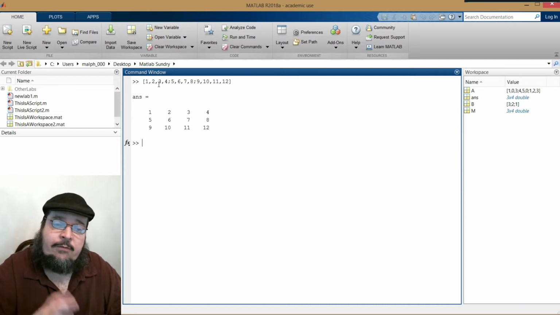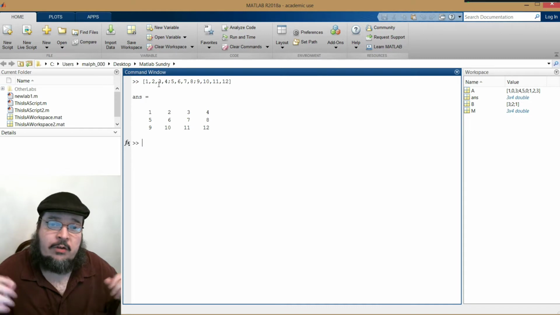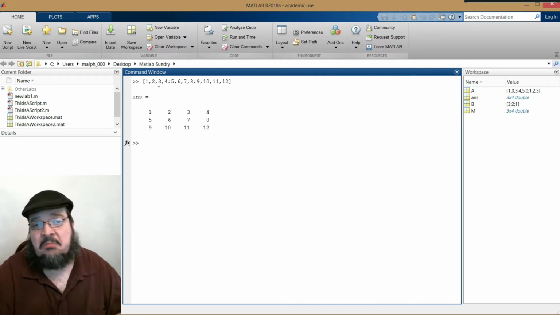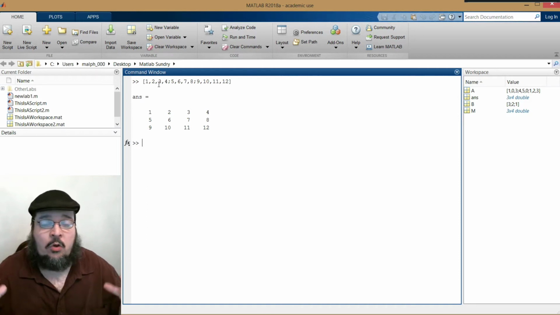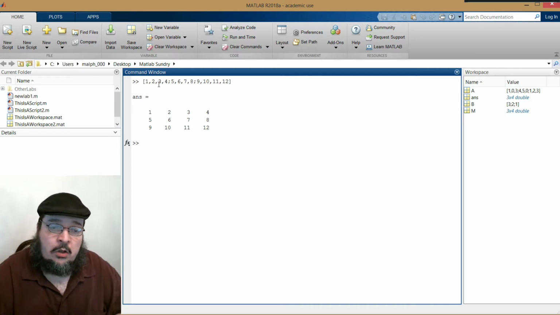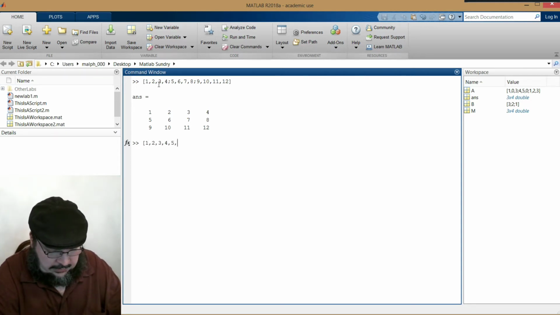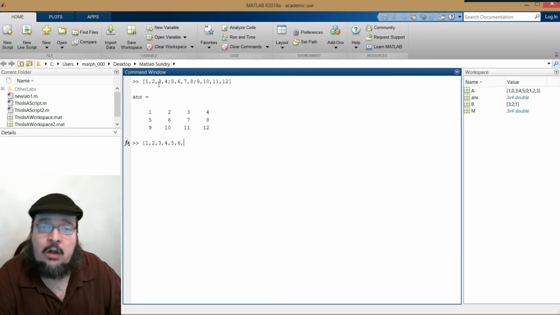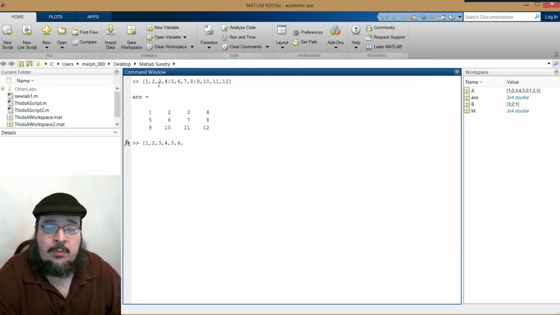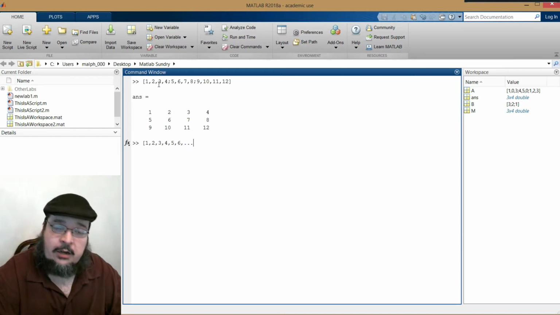Furthermore, if we want to produce a longer matrix, something too big to type into one physical line on the screen, say because it's a super long matrix, or because our screen is particularly small, we can also do something like this. 1, 2, 3, 4, 5, 6. Oh no, that's too long. So I'll end my row with a comma here, but I'm not going to end the row. Instead, I'm going to go 3 dots, type enter, move on to the next physical line of my command window,